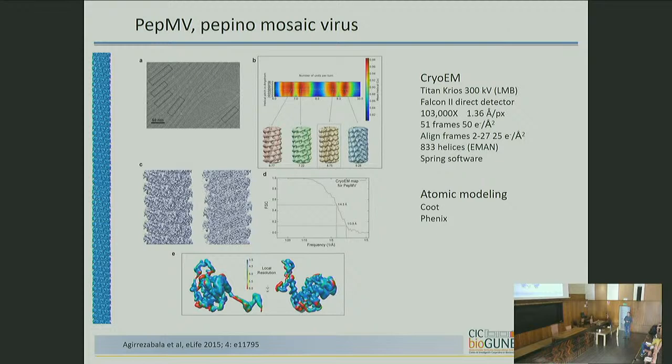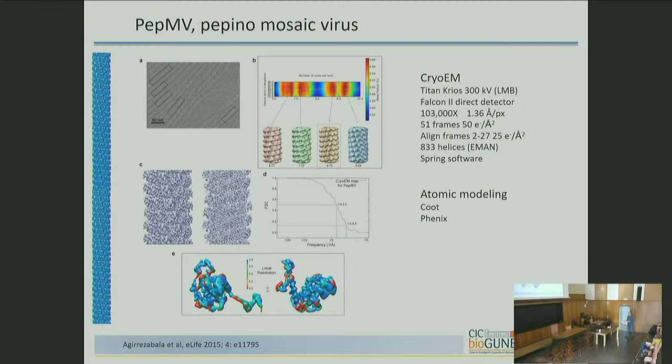As I said, using the single particle approach and taking advantage of the helical symmetry, we got a map at about 4 Angstrom resolution. The average in our case is always more or less the same. The size of the data set we can collect, and the flexibility, impose some kind of restriction in the resolution. In most of the maps we have worked with, we always get about 4 Angstrom resolution. And we can see here, for instance, the estimation of the local resolution. The red ones are the regions with poor resolution.